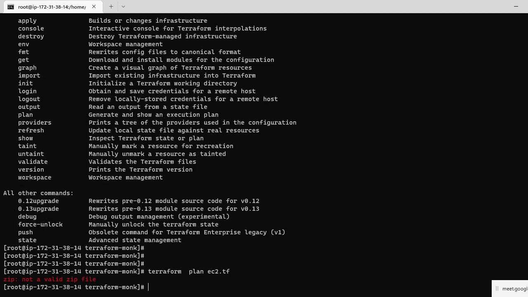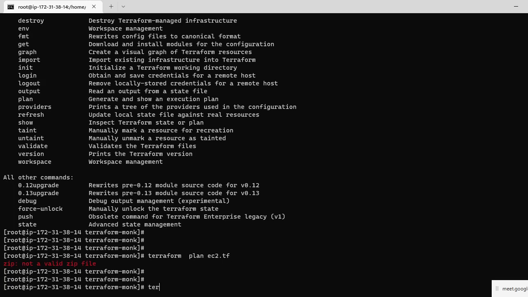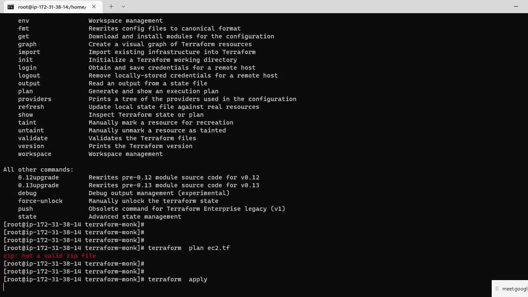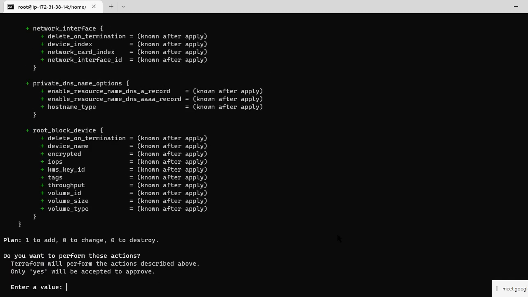Zip is not a valid zip file and the plan is not working. So let me go with Terraform apply. While Terraform apply is going, it's actually going to execute.